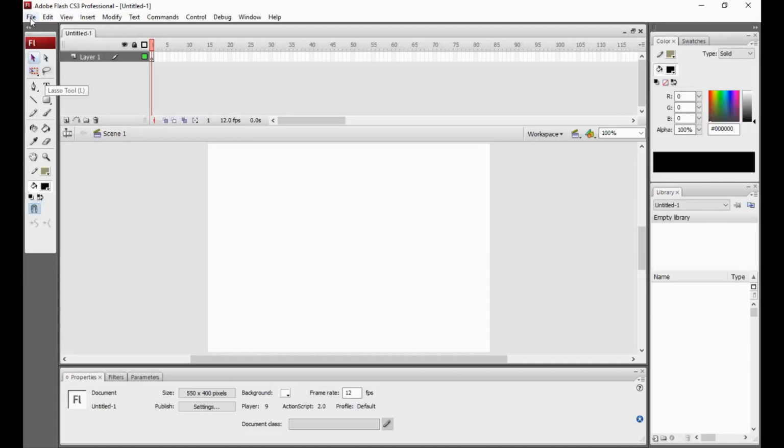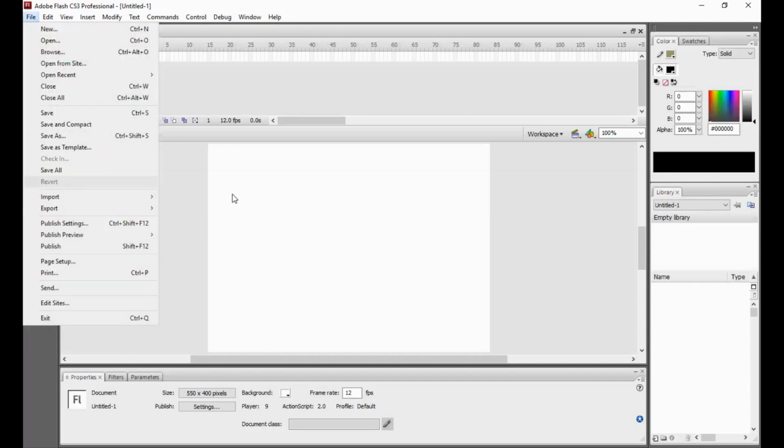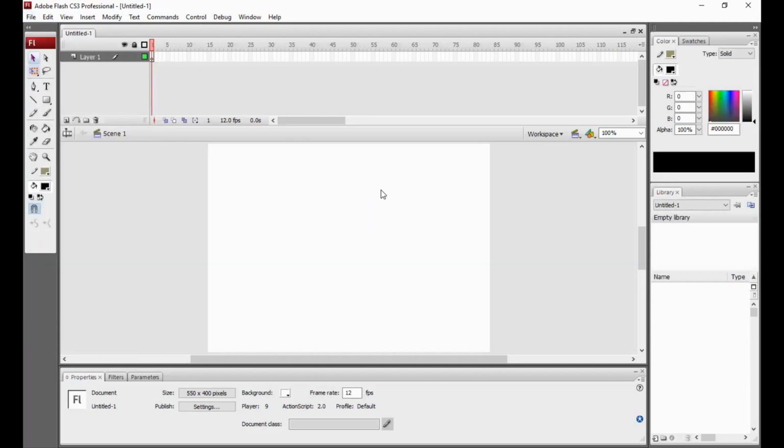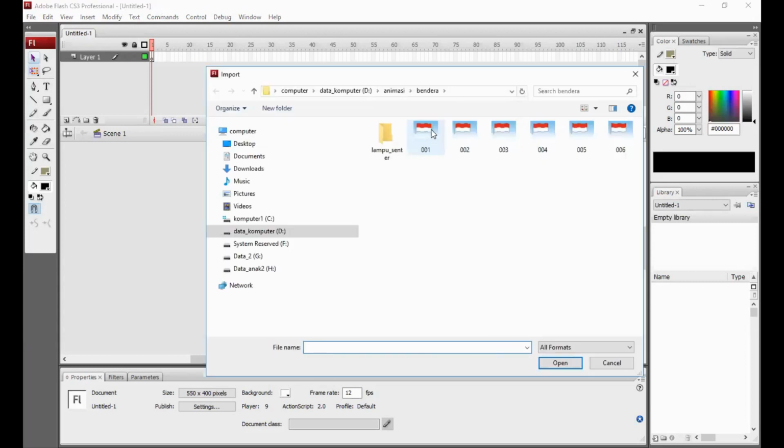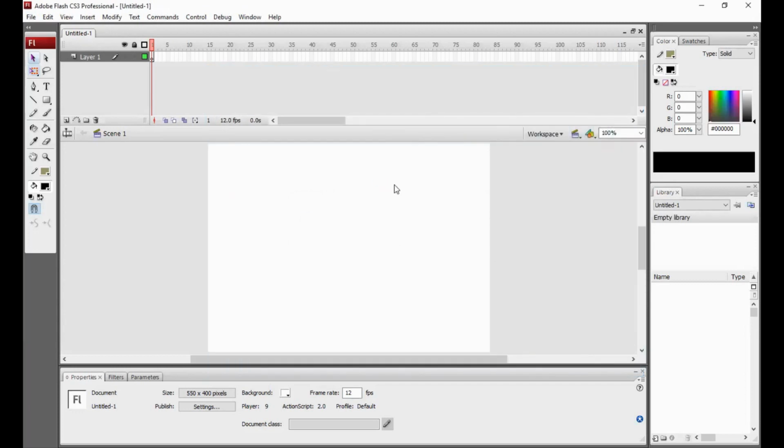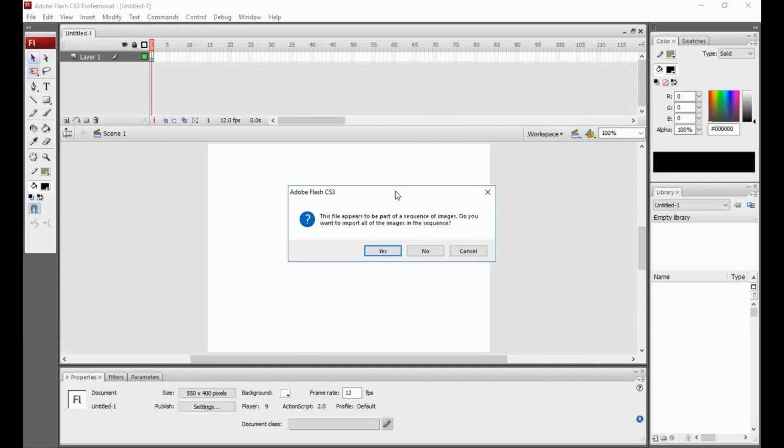Now I want to import to stage. Choose number 1. Open. And the unique thing of Adobe Flash, you know, is that this file appears to be part of a sequence of images, because we have images numbered 1, 2, 3, 4, 5 and 6.